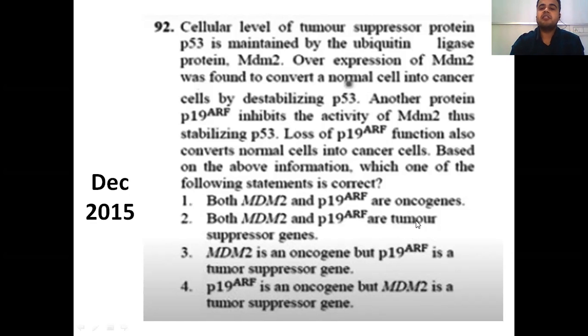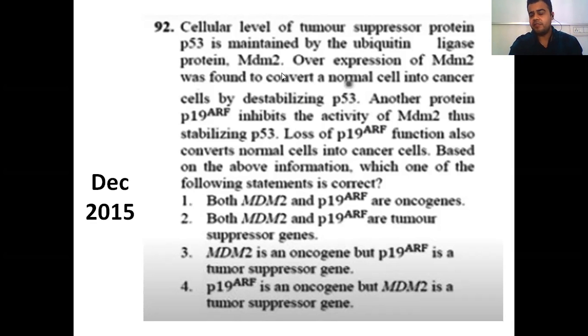What you have to identify is which are tumor suppressor genes and which are oncogenes. In this relation, MDM2 leads to cancer, so it's an oncogene, which is very obvious. And p19ARF is a tumor suppressor gene because it stabilizes p53 and prevents cancer. So this statement is correct: MDM2 is an oncogene whereas p19ARF is a tumor suppressor gene. It's very easy; they are just checking your knowledge and concept clarity. It's very basic knowledge which you studied in your undergraduation and post-graduation. Make sure you read the sentence and whatever names they give you.